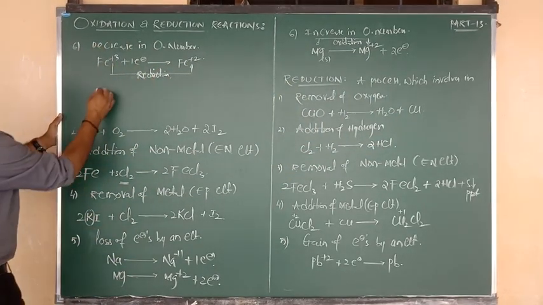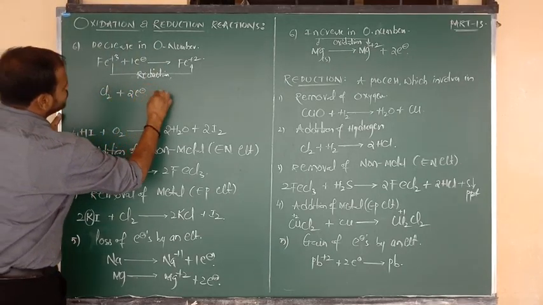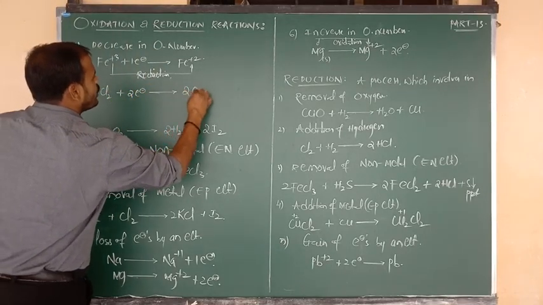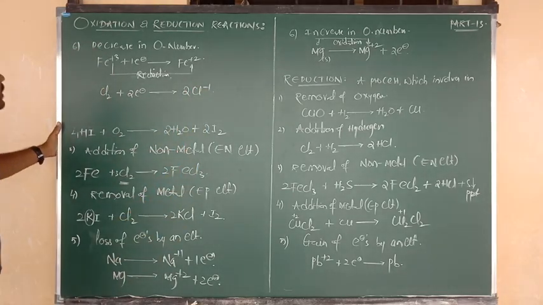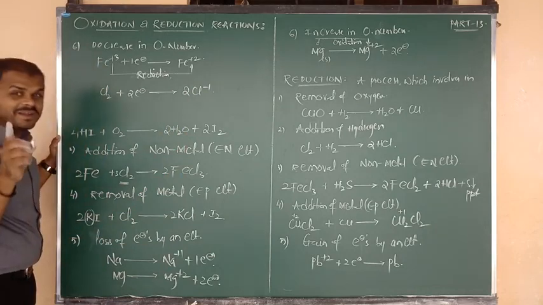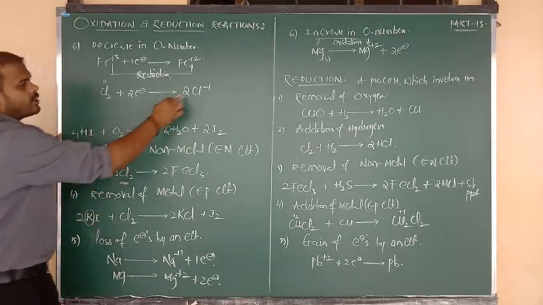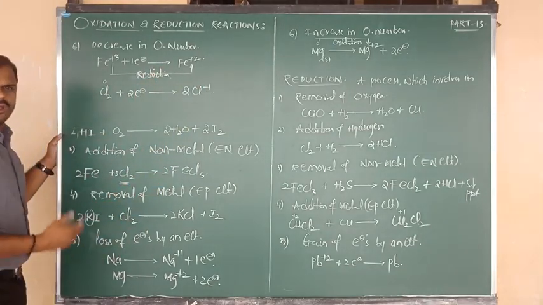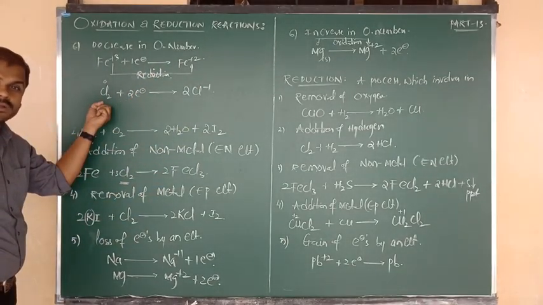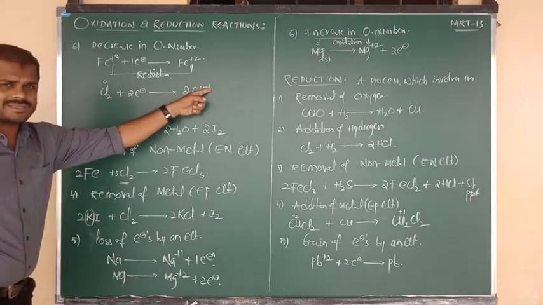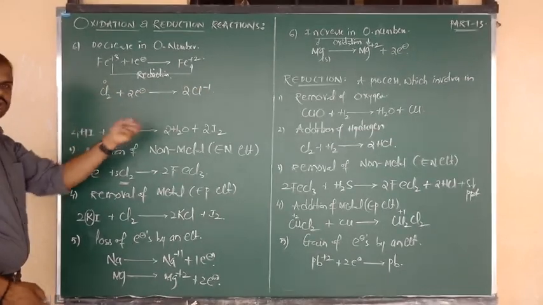One more example. I am going to write here Cl2. Cl2 by the gain of 2 electrons forms the product, 2 moles of Cl minus. Cl2 is an elemental form, so as per the rule its charge is 0, and chlorine in the product has charge minus 1. How many electrons are they gaining? 2 electrons, because chlorine contains minus 1 but 2 chlorines are there, 2 into minus 1 is minus 2, so we add the 2 electrons.